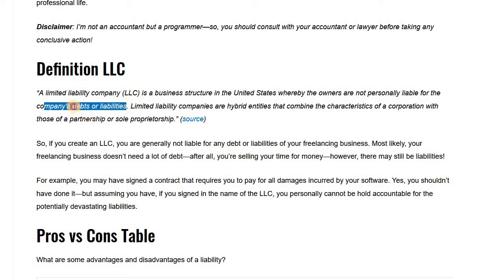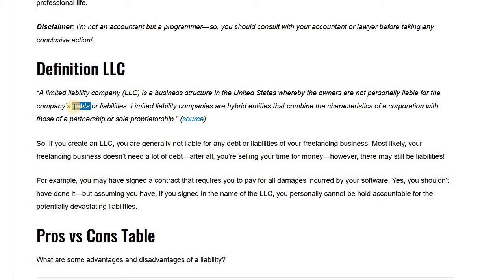So if you create a company and you take on some debt, and now the company fails, it becomes bankrupt, for example, then somebody usually has to pay these debts. If your company cannot pay them, and you are liable as the business owner, then you have to pay the debts personally. So the business is a separate entity, but if the business cannot pay, usually you have to pay it yourself. Or if there are some other liabilities the company has entered into. Liabilities can be similar to debt.